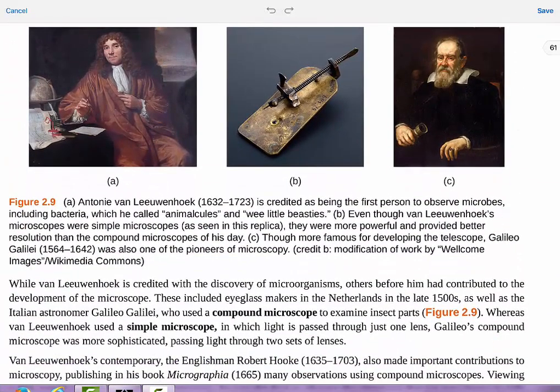So we have our pictures here. We have A of Antony van Leeuwenhoek, and then we have a very simple microscope replica here. And then C here, we have Galileo Galilei, who we'll talk about momentarily. So while van Leeuwenhoek is credited with the discovery of microorganisms, others before him had contributed to that. So including